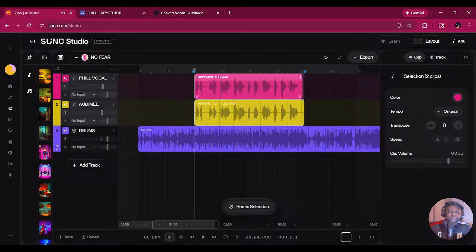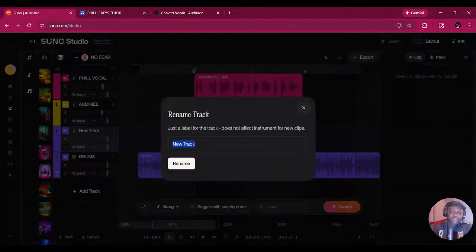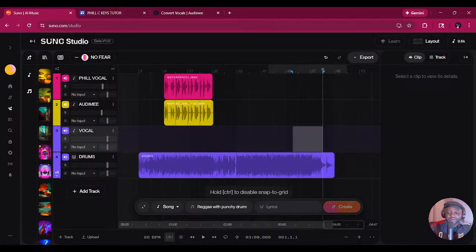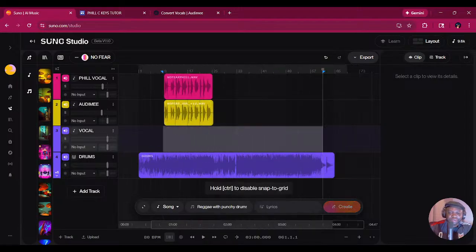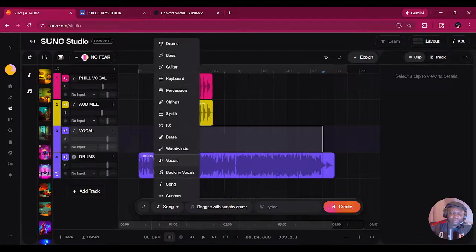Okay, so that's pretty much where the vocals need to be. Next step, I'm going to add a lead vocal to support these two. And in the same way, we're going to go to song after we highlight. Actually, you know what we should do? Probably highlight a larger section. And now we will hit song, vocals,